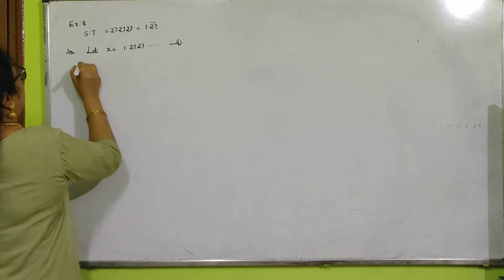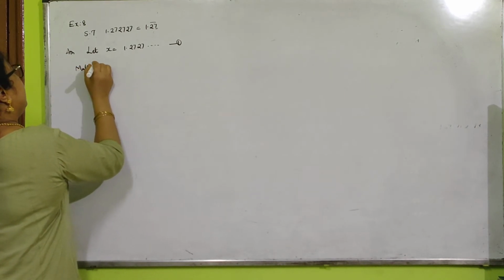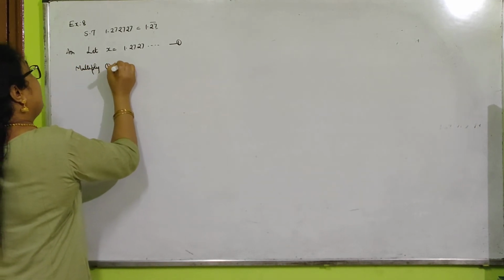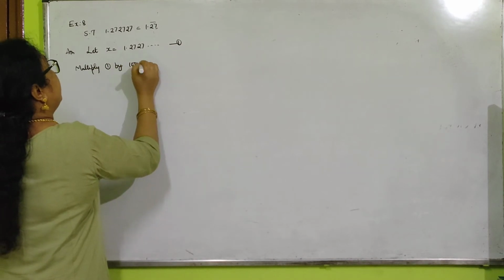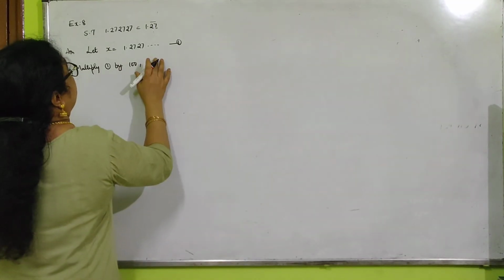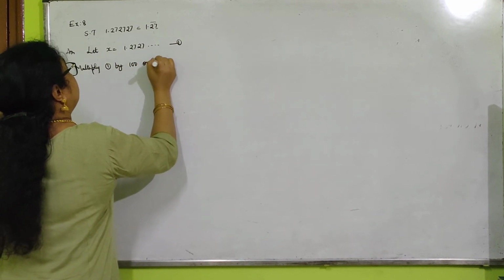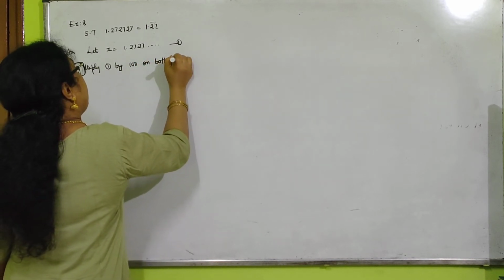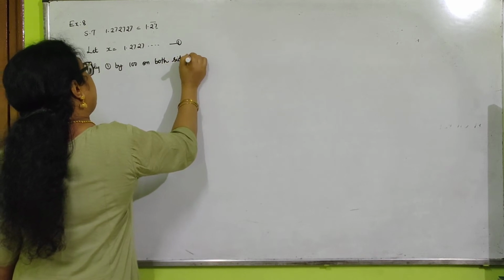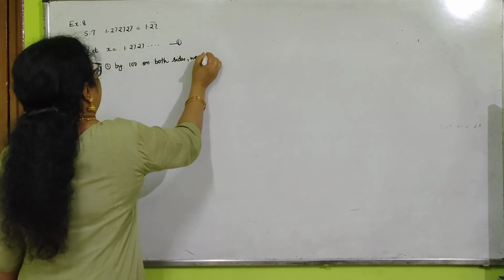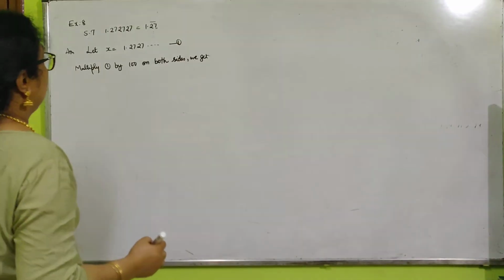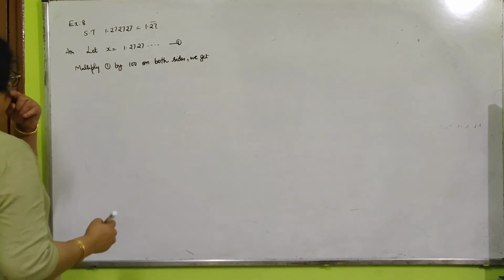Now multiply equation 1 by 100 on both sides, we get